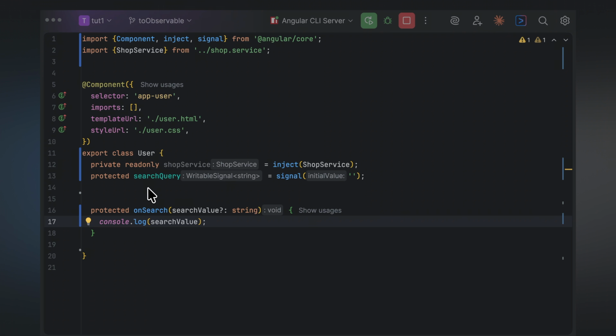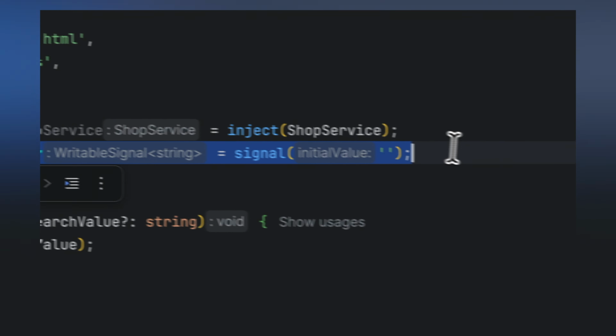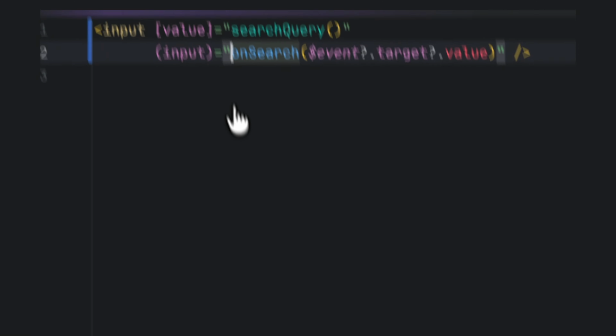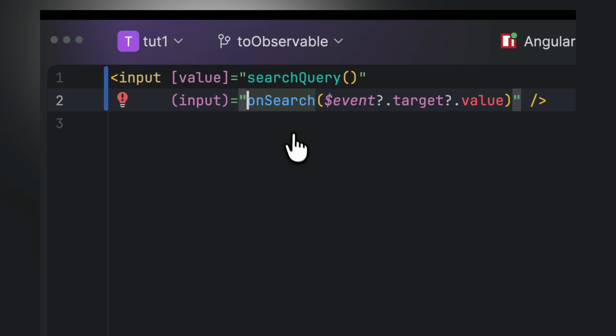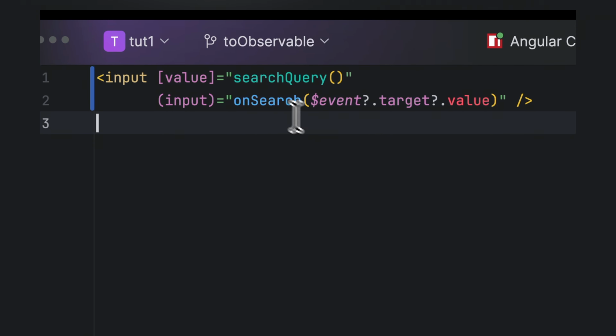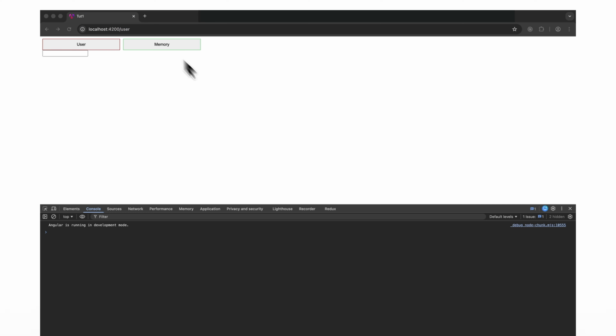Let's go. Let me show you a concrete problem. We have a search input bound to a signal. This is our signal, this is our function, and this is our input, and this is the input event when we emit our function. Every keystroke updates the signal. For example, we need to find,